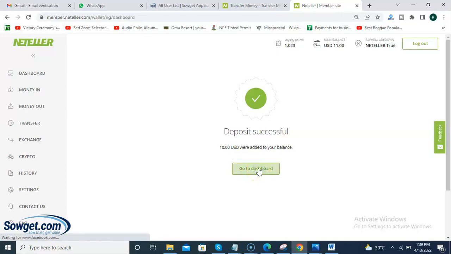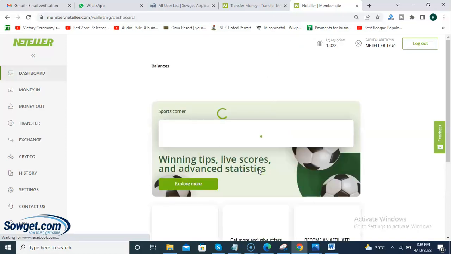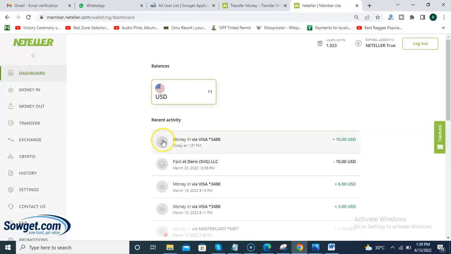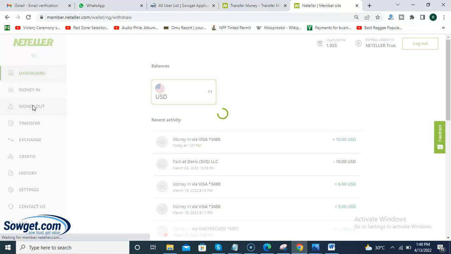So now we've done deposits on Neteller. How can you withdraw from Neteller? Let's say you receive money on your Neteller, probably somebody sends you money and you want to withdraw it. You simply come to this portion here and click on money out. Once you click on money out, you'll be able to withdraw money from your Neteller to your bank